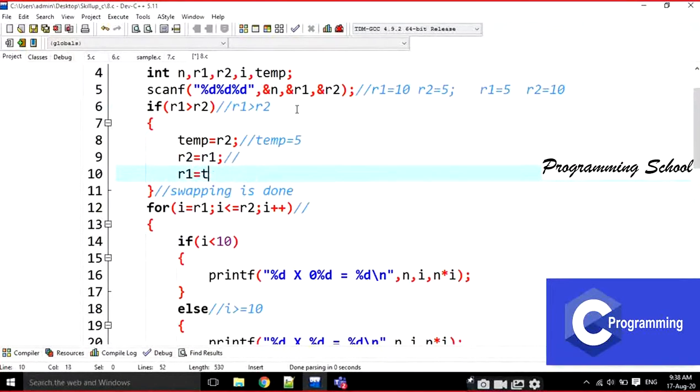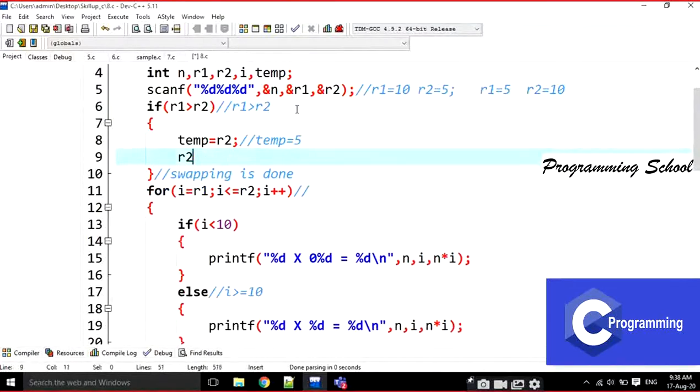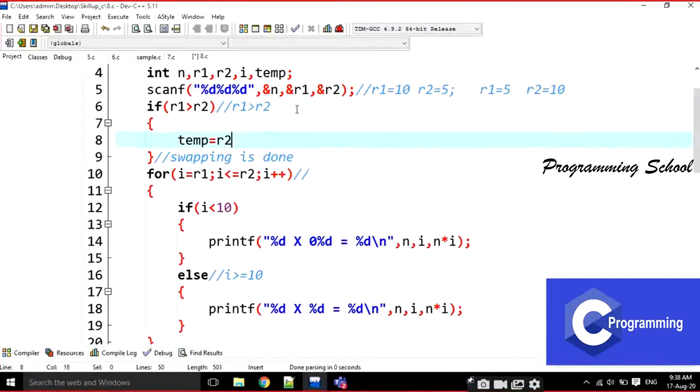I will explain with one more thing. Just I am going to erase all these things. I am going to take some temporary variable, temp is equal to R1 here. Temp is equal to R1. What is R1 value? I am writing here a temp value.